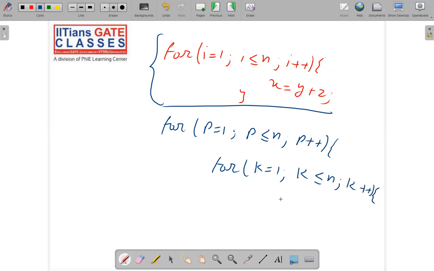And here we are performing some other operation like a equal to b plus c, right? So inside this for loop, we have one more for loop. Okay, now let's do some analysis on it. If somebody asks you what is the total time complexity of these two for loops, where one is basically a for loop inside another for loop, this whole thing is